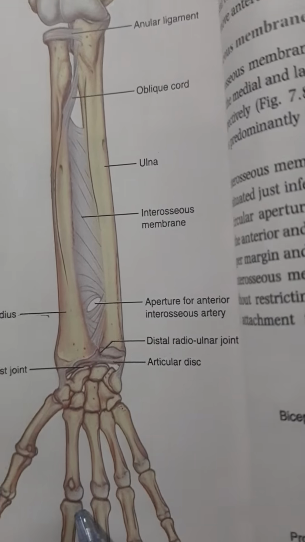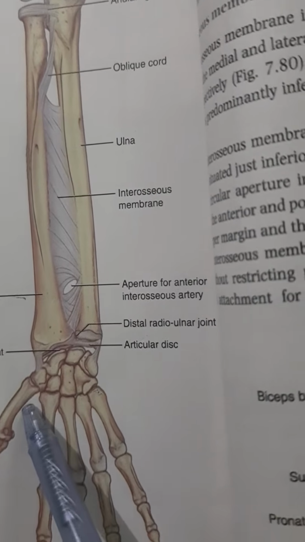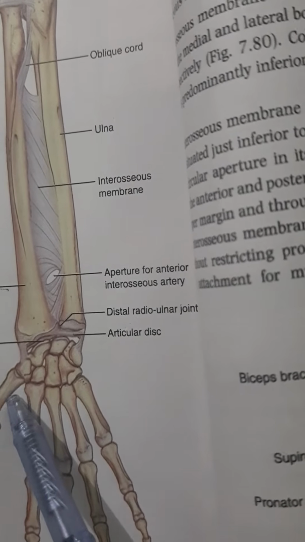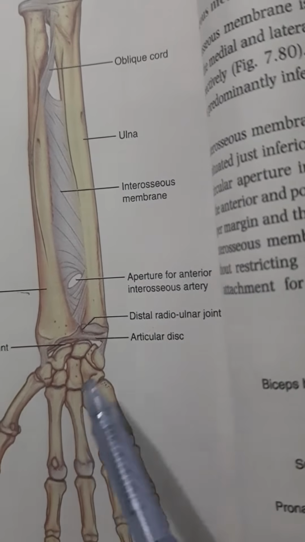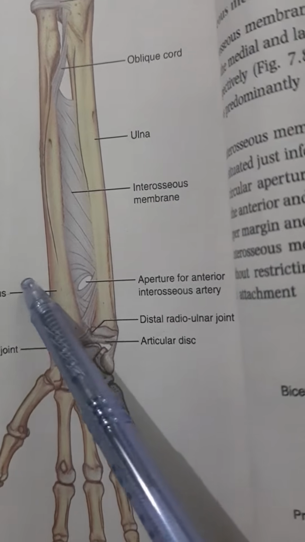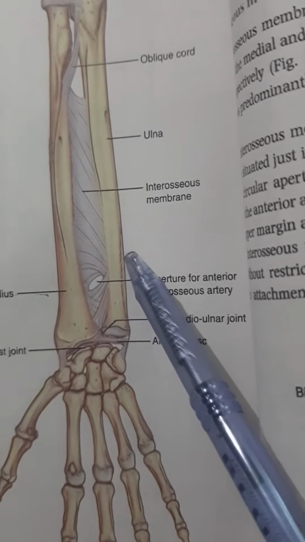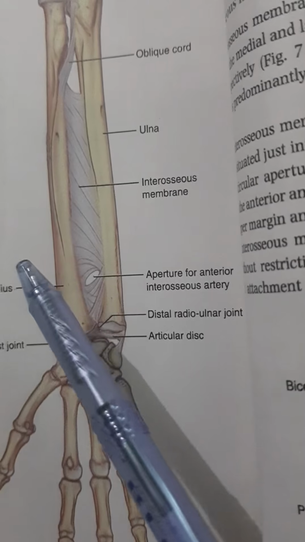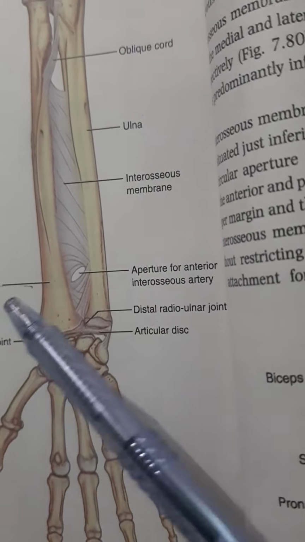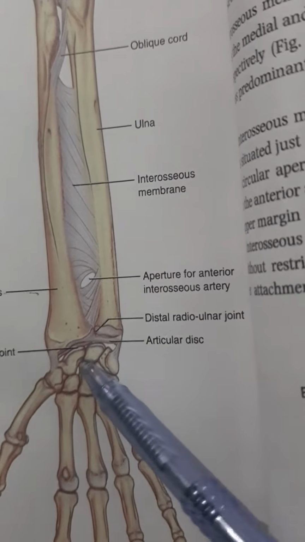When a forearm injury occurs, it usually involves both bones, resulting in either fracture of both bones or fracture of one bone and dislocation of the other bone, depending upon the severity of the injury and the age of the patient.